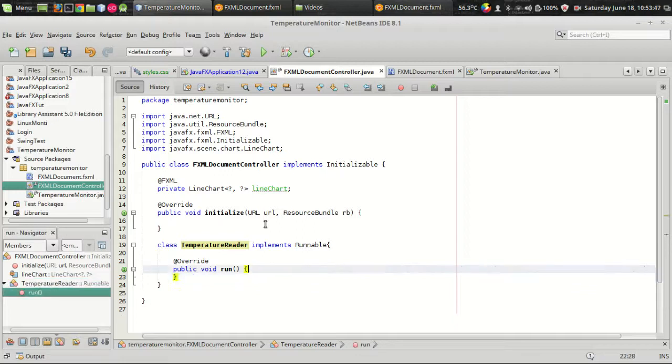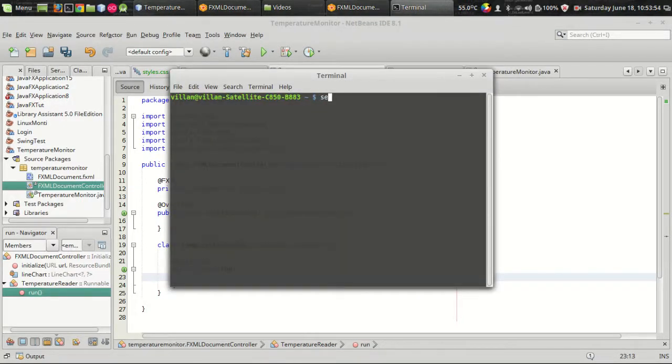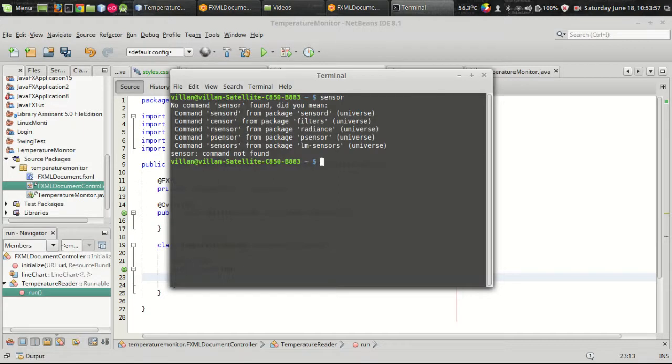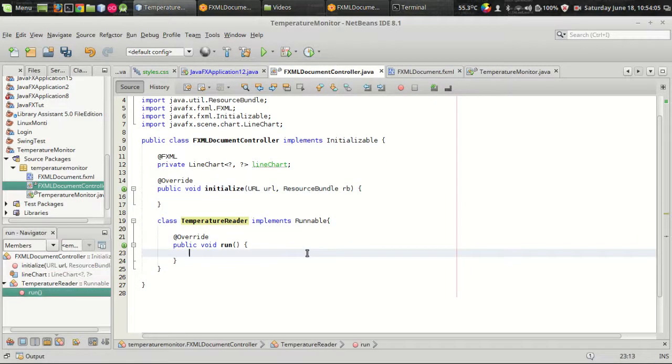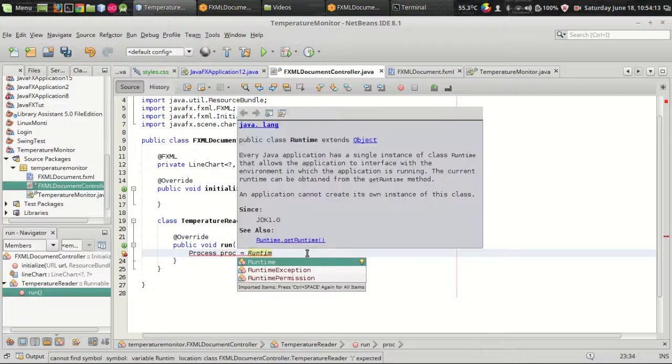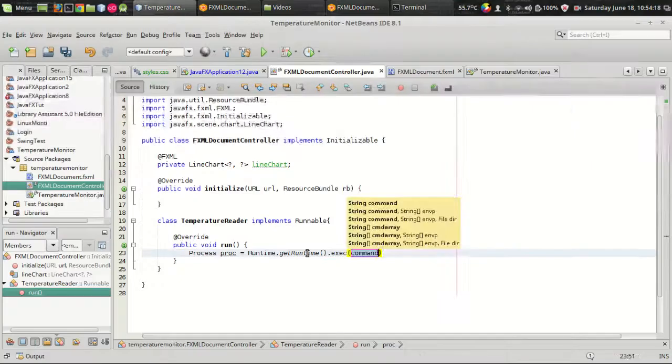So I got a run method. The next thing I have to do is create a connection to the terminal so that I can execute the sensors command. No, it is not sensor, it is the sensors command to get this output. This can be done by using a Process class. Process is equal to Runtime.getRuntime().exec, and in this section I want to give the command